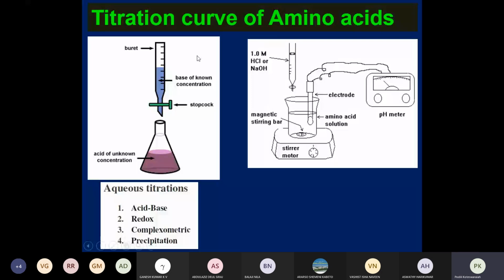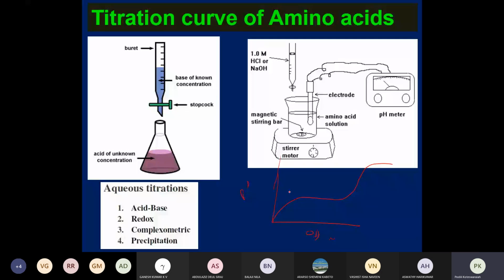So we know that in any titration curve, generally we determine the strength of unknown using the strength of known. But in amino acid titration curve, we titrate the amino acid with either acid or base, and we measure the pH continuously. And when we construct a plot of the alkali added versus the pH, we get a different shape of the curve. This is the amino acid titration curve, and it is useful to